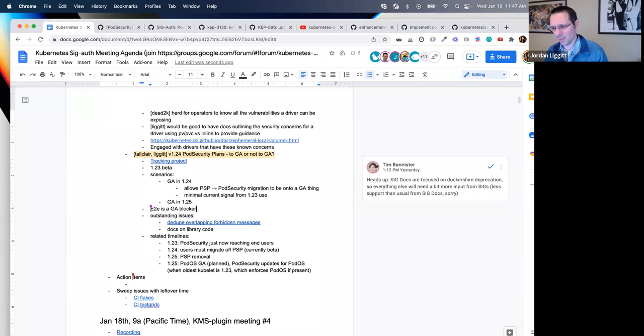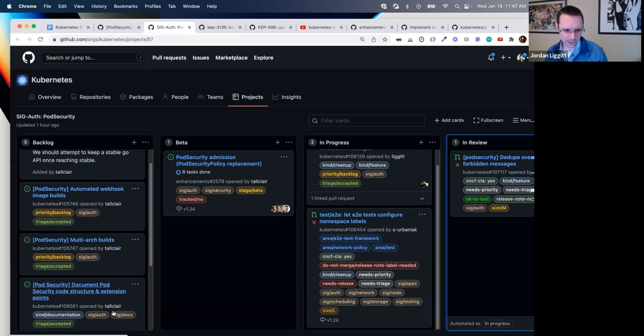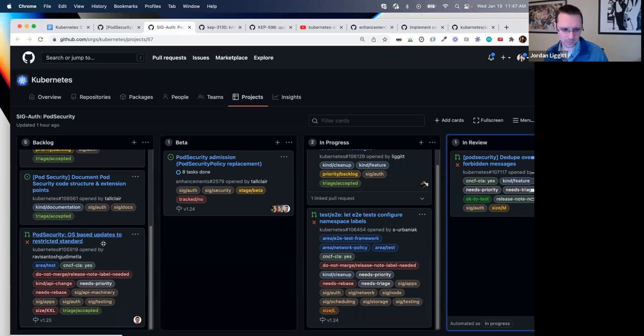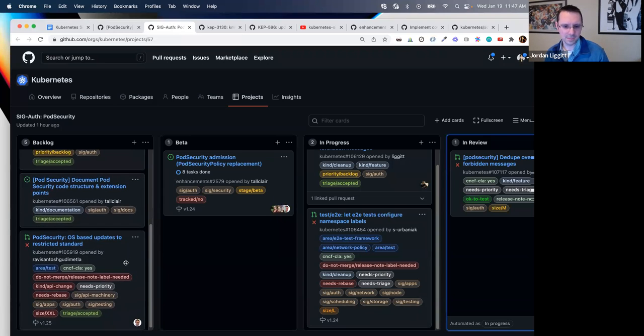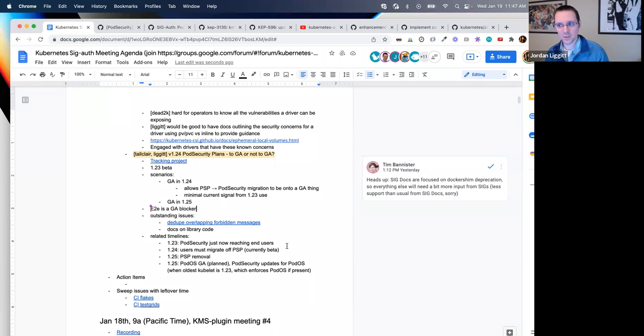The only other thing that was in progress was related to the pod operating system field, which is working its way through feature lifecycle. The field got added as alpha in 1.23. Kubelets enforce the field matching if it's present in 1.23. And so at the point where the field goes GA, we can update pod security to only pay attention to OS-specific fields, which is nice.